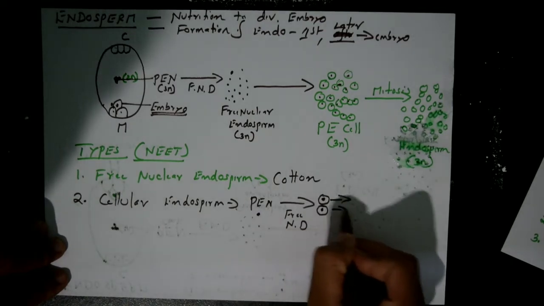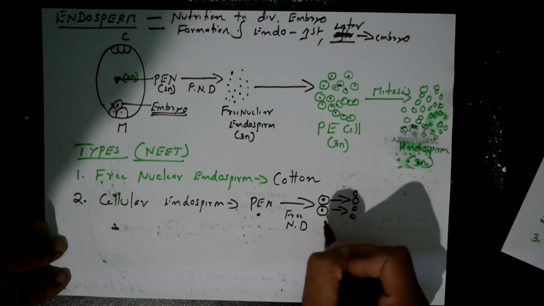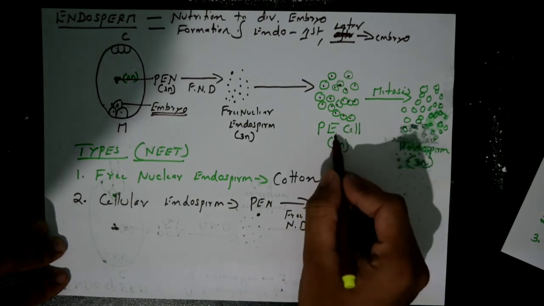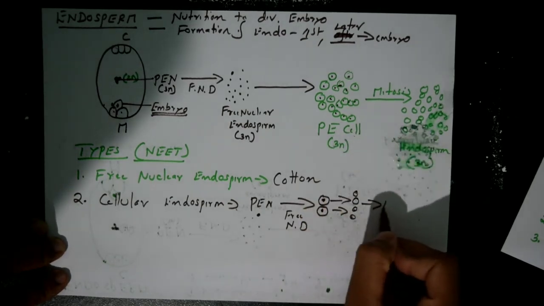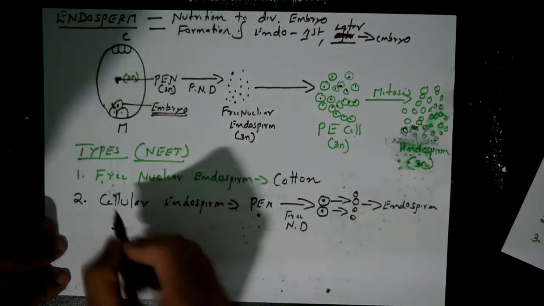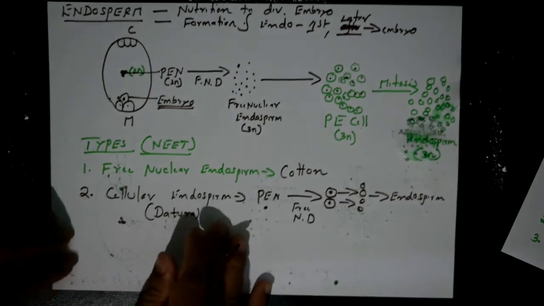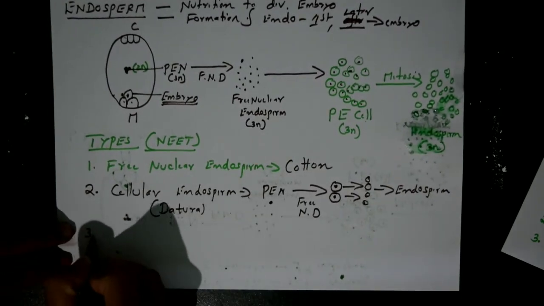So this is actually cellular endosperm. What happens to the cellular endosperm? Again, it undergoes mitosis and starts producing many primary endosperm cells, and primary endosperm cells ultimately produce endosperm. Example for cellular endosperm, datura. In datura you see this kind of endosperm. Okay, the third one is